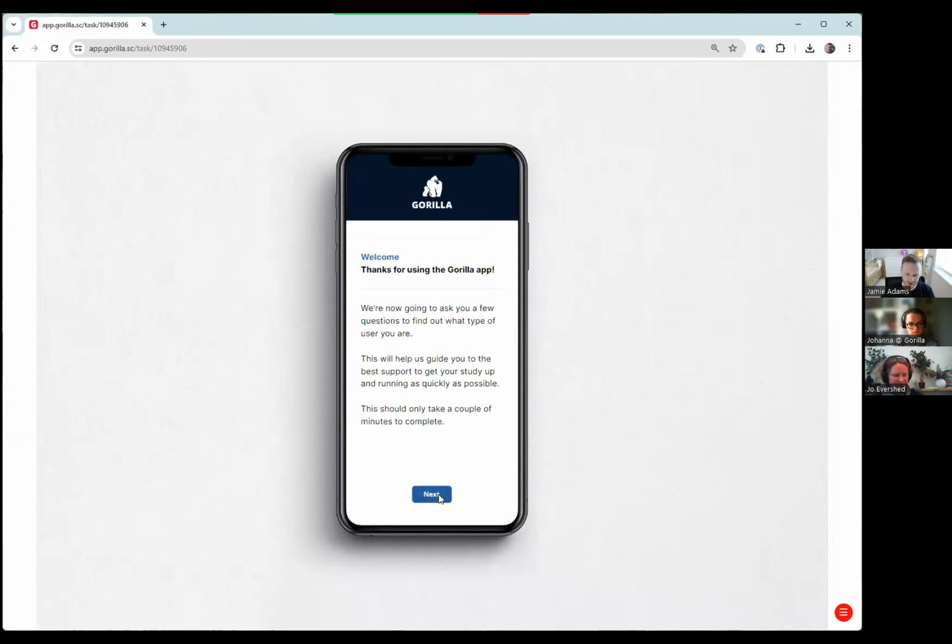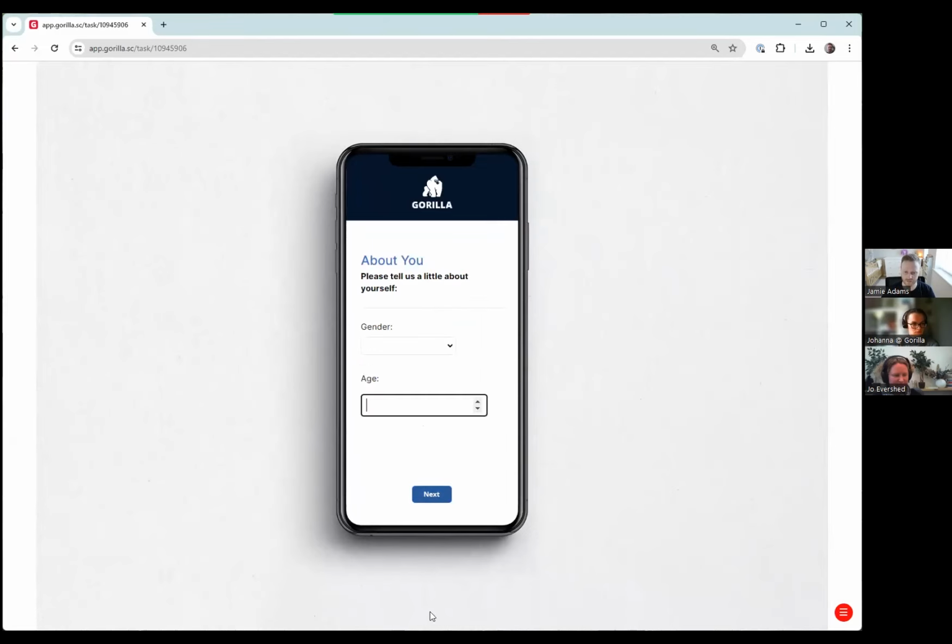We have a nice button that hovers when we put the mouse over it. If we press next, we should see that this shows the clicked version for a very short time, and then it's going to move on to the second screen, which we set up ahead of this session. So if I do that now. So this is our second screen, and I'm going to back out and I'll show you how I set this